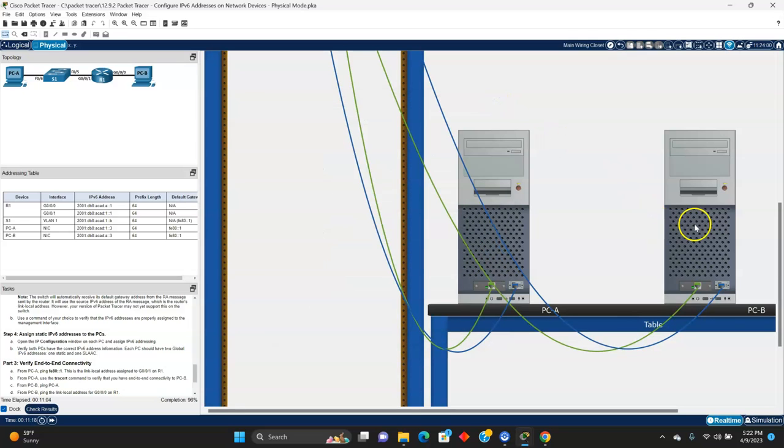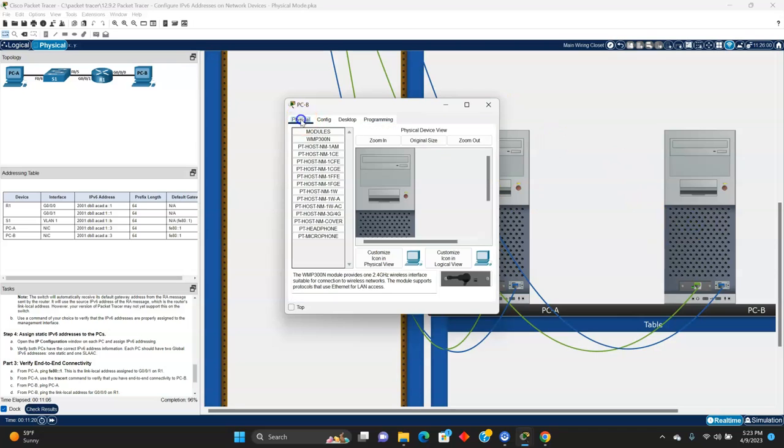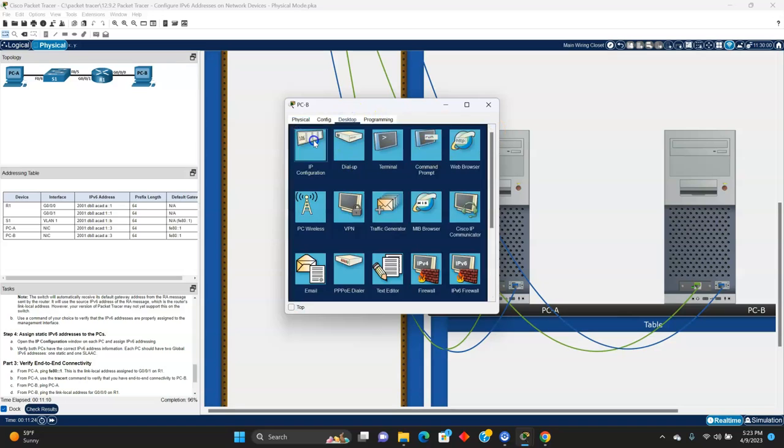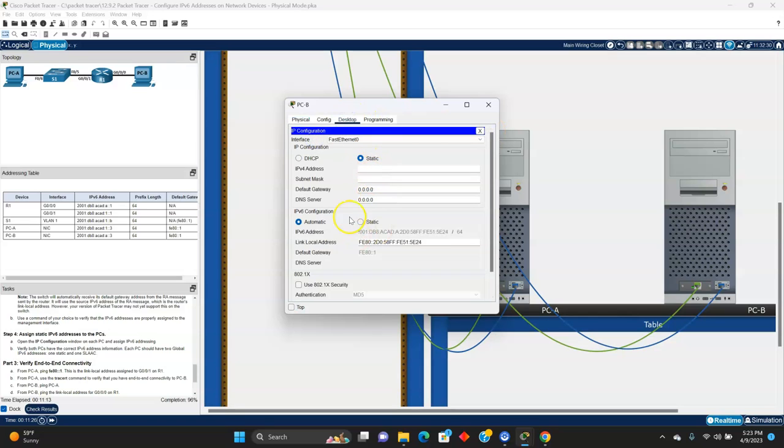So we close this. We're going to have to go to the PCB and do the same thing. We cancel this, go to the IP configuration, and then we have to correct the static IPv6 address, which we don't have any at this point. So we're going to have to put the PCB's IPv6 address, which is going to be